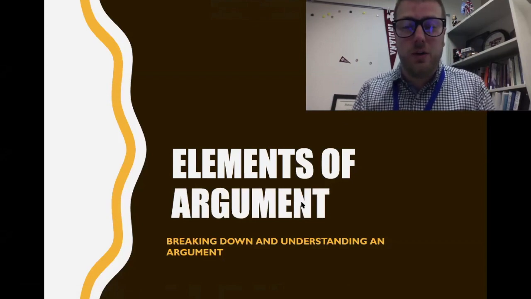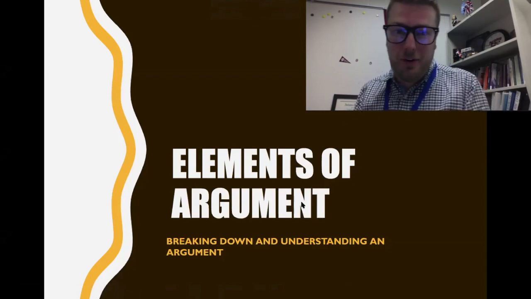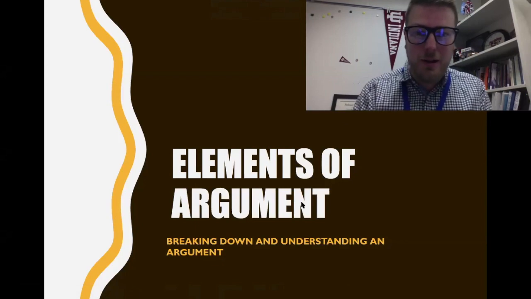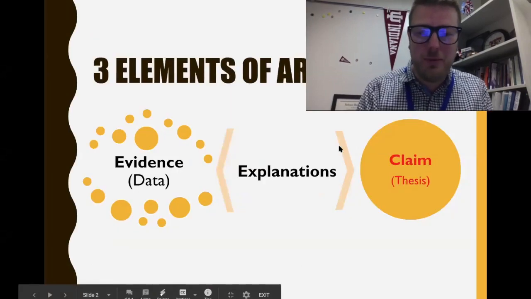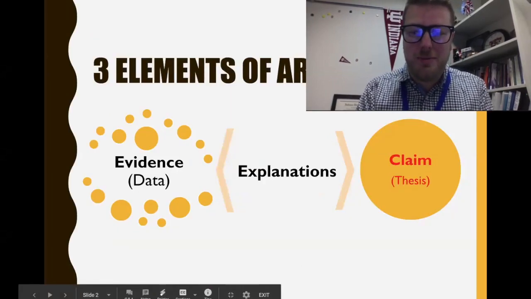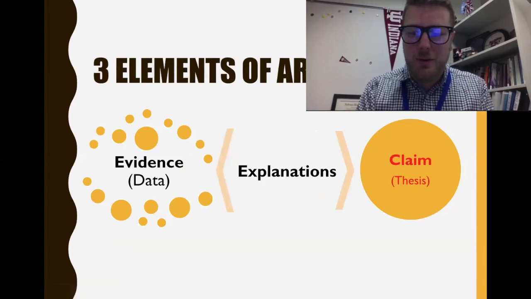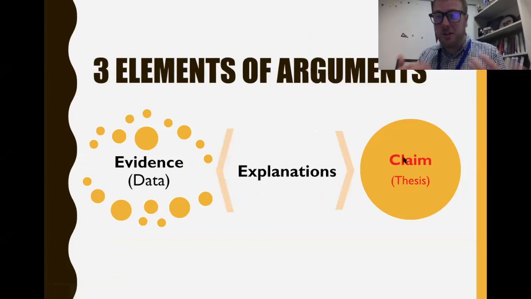Just wanted to do a quick recap on the elements of argument that we talked about yesterday. You may recall that there were just three of them, those three elements of the argument, right? Starting with our claim or our thesis or argument, although there may be more than just one claim in any given argument, it could be that they make several, right? But the main claim, we would argue of any text, is always going to be that thesis, right?